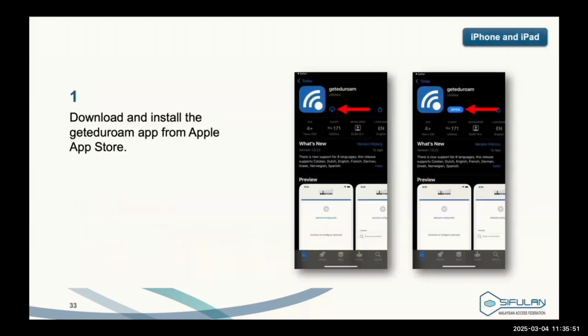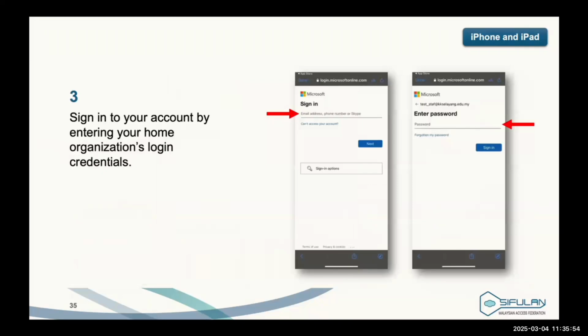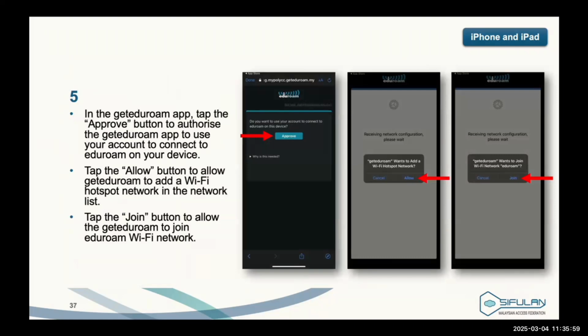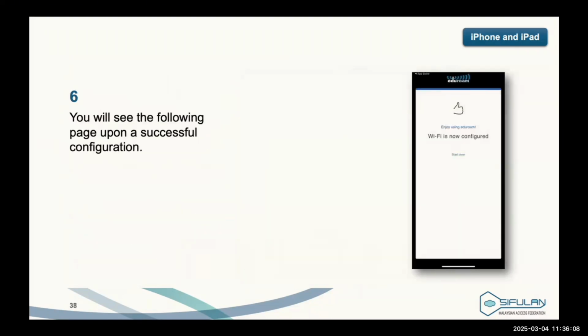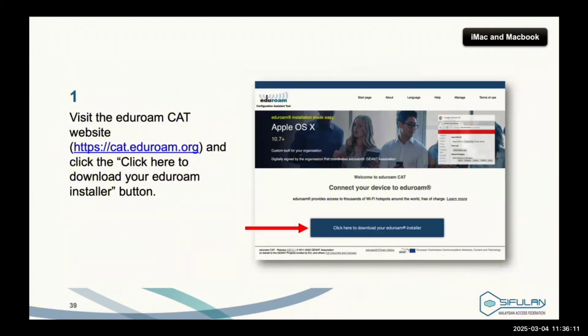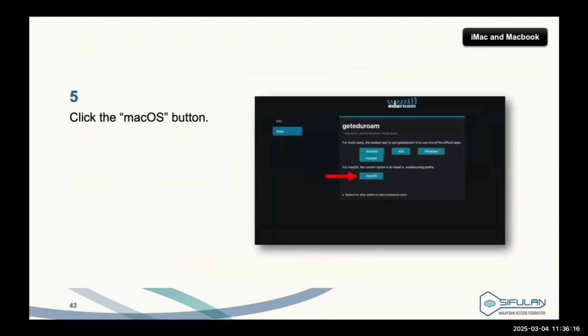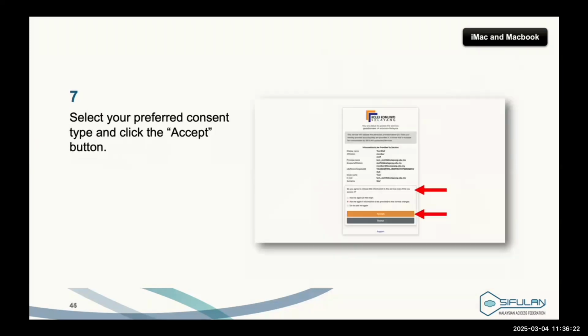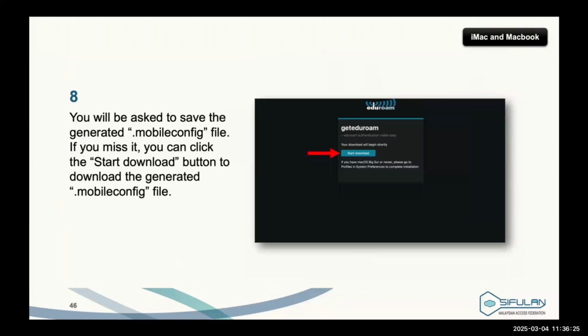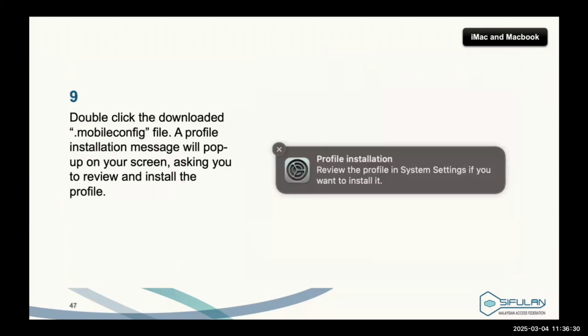For Apple devices, it's also the same. Install the app, select the institution, log in with the home organization credential, and then allow the app to configure Eduroam on the device, and then thumbs up, then they can use it. But for iMac, MacBook, or Apple Watch, the steps are quite similar, but in the portal they need to choose macOS, log in, and then the portal will generate the mobile config file,